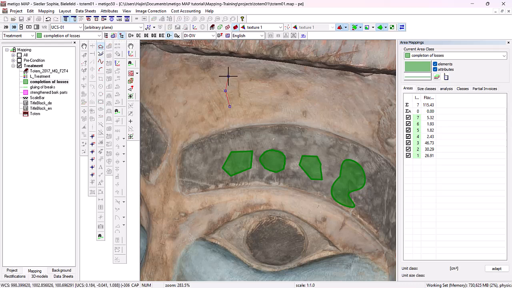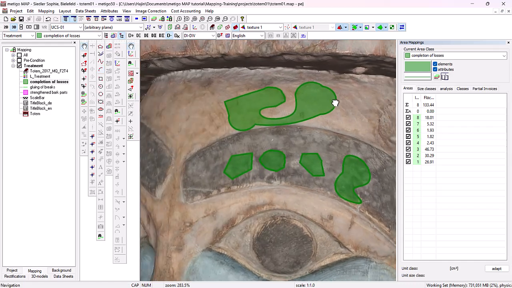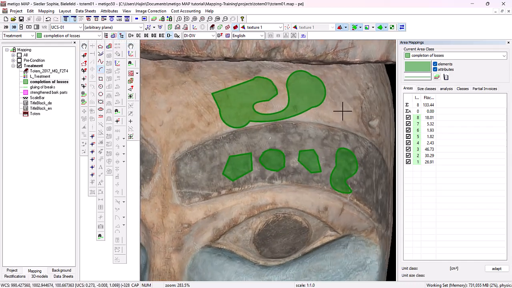That means I start with the polygon, I press the tab key and can switch between drawing commands. I activate the cubic spline and can now go back to the polygon command. So these are the things that you can apply in the 3D area mapping as well as in 2D area mapping. Now that I have made my first entries here, I can switch to the 2D display and see that